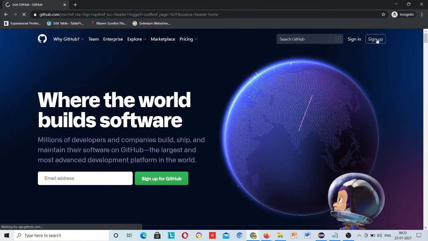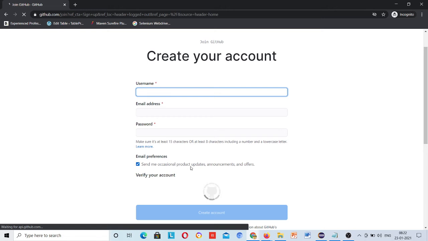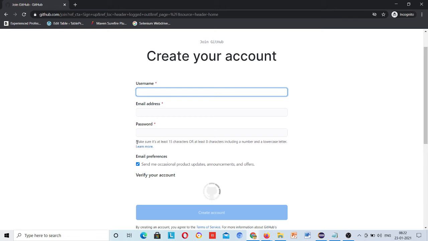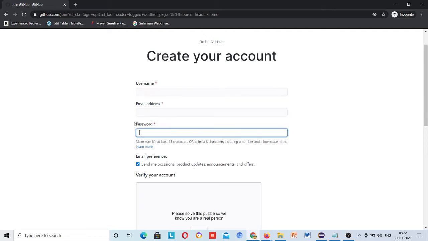Once you click on sign up, it will ask for some information, and this is mandatory. If you do not create an account, you will not be able to use it, because using this information it will upload your code: username, email address and password.